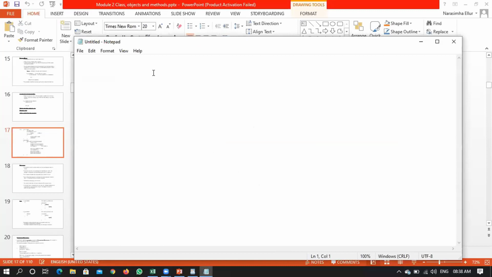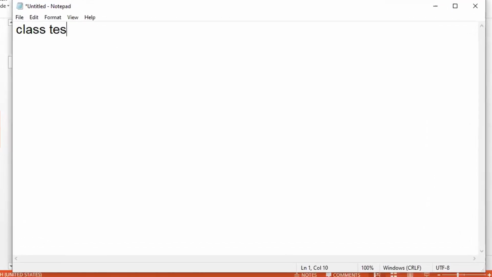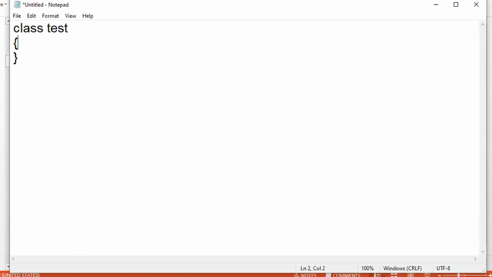This is a real world scenario where you will be writing programs for these kinds of applications. Say, for example, you have defined some class which I'll call a test class. Within this test class, I have a few instance variables. Now, if my requirement is to put values for these instance variables for every object created, be clear with the statements I have said.